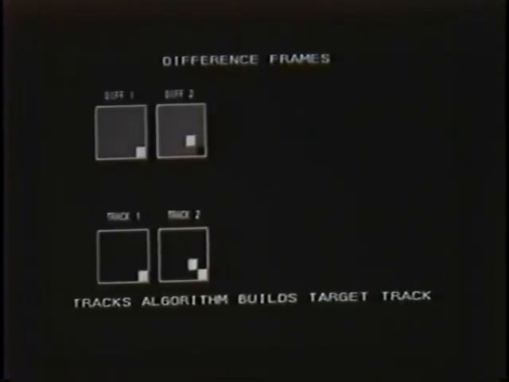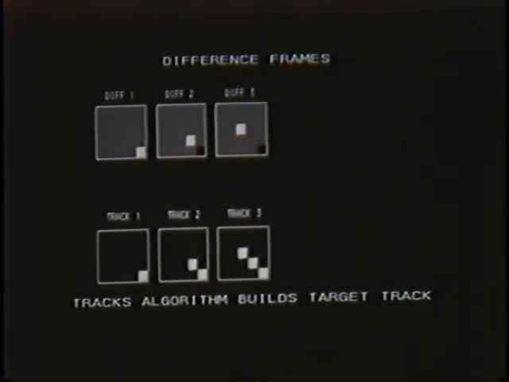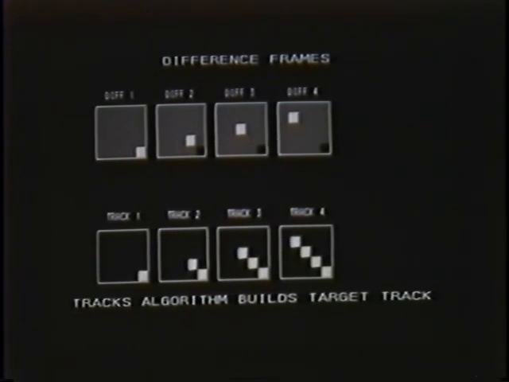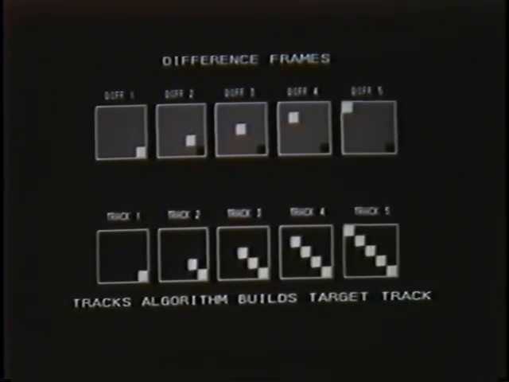Shown here is a demonstration of how the tracks algorithm works. On top is a two-frame sequence of enhanced frames showing a target moving from one position to the next. On the bottom, the tracks algorithm creates a black and white image which plots this path. As the target progresses in subsequent frames, the tracks algorithm continues to build the track. Because the final tracks image consists of only two different intensities, black and white, the computer can now easily identify